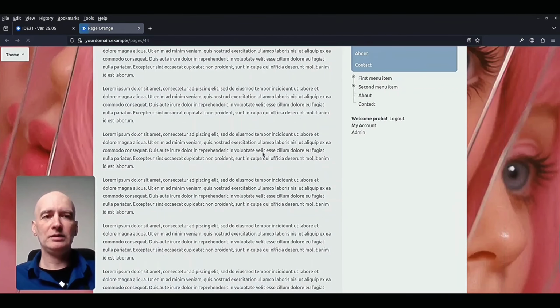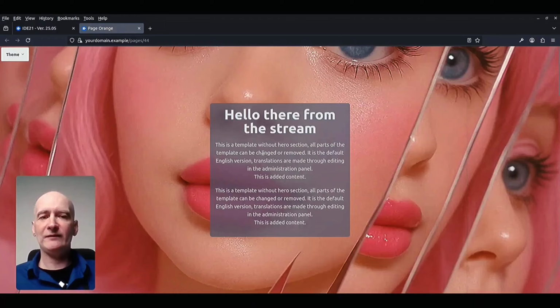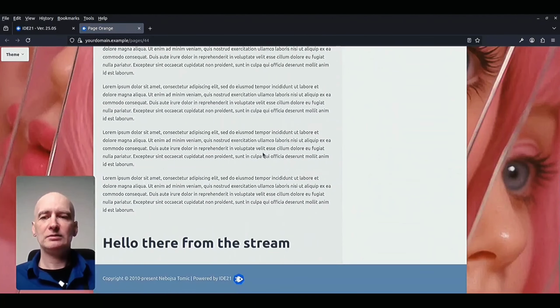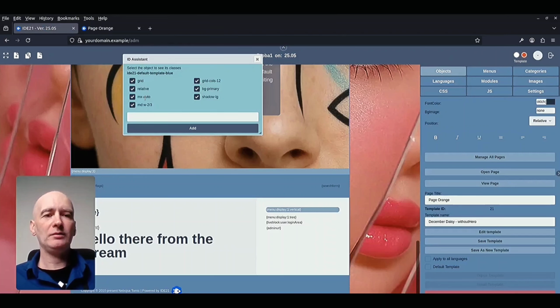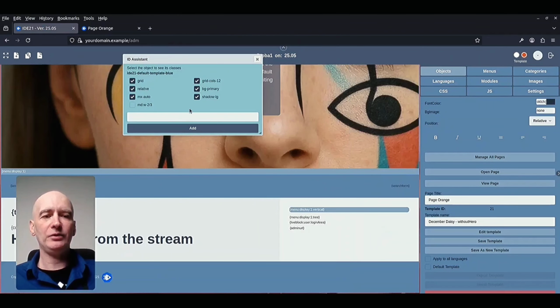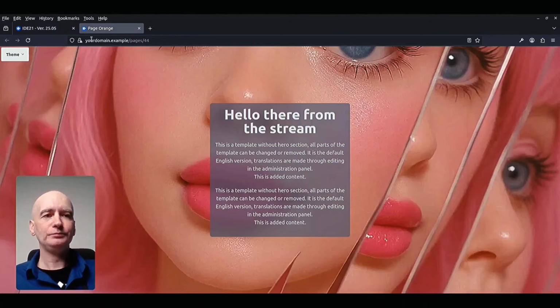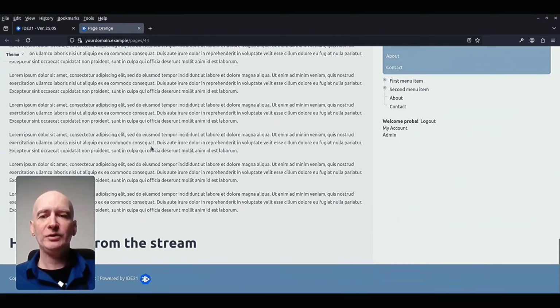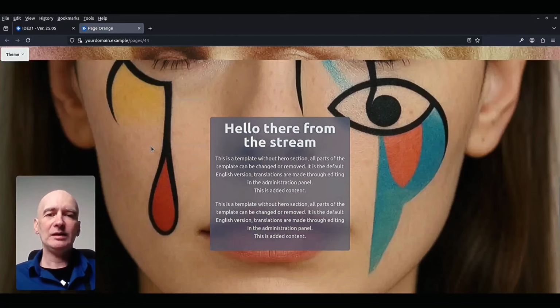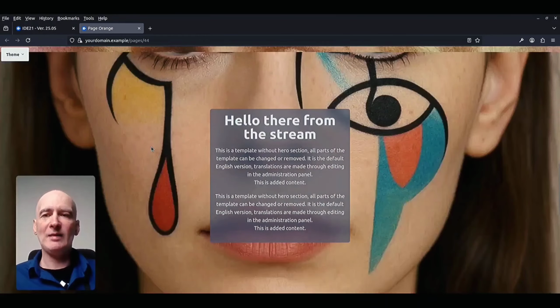After reload, you see now we have a bit narrow, and I will make it full width after all. And save the template. Ctrl+R. Now you see that we have the full width, and you can see that this is very easily customizable with 1 or 2 clicks.